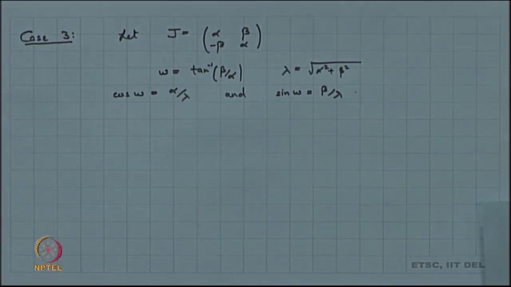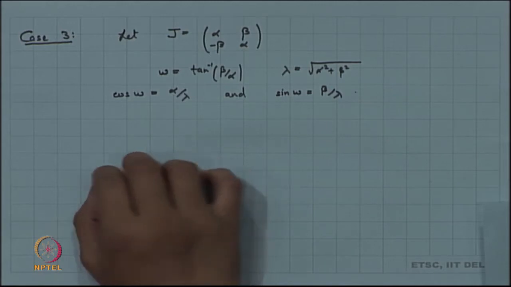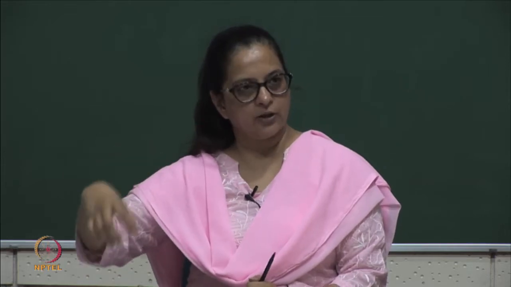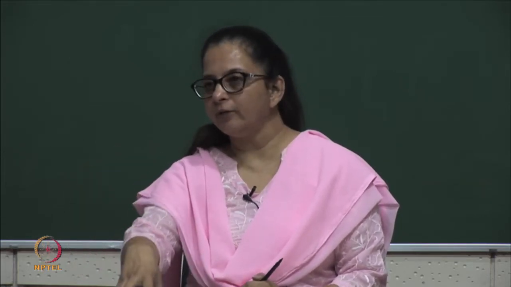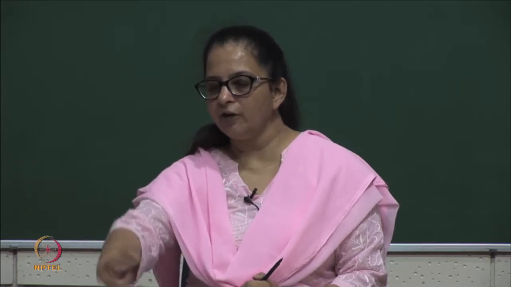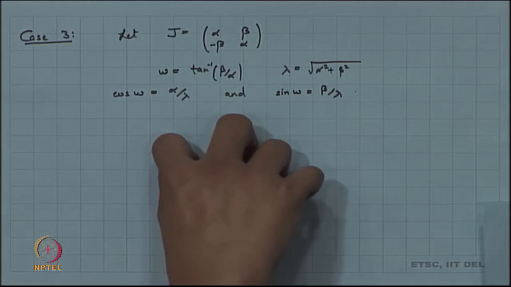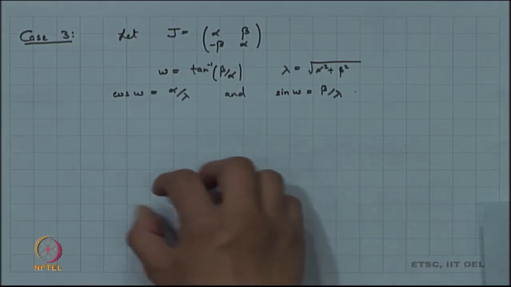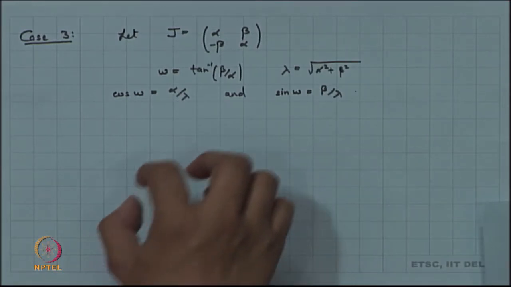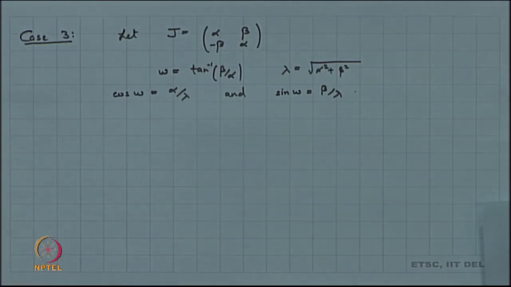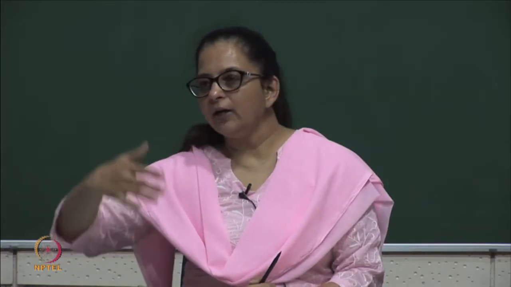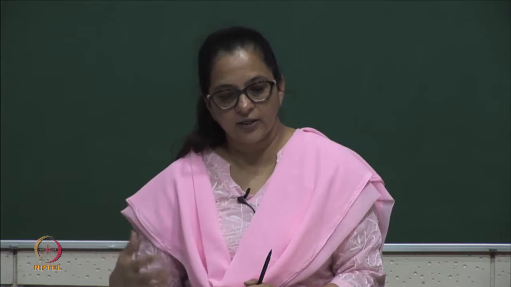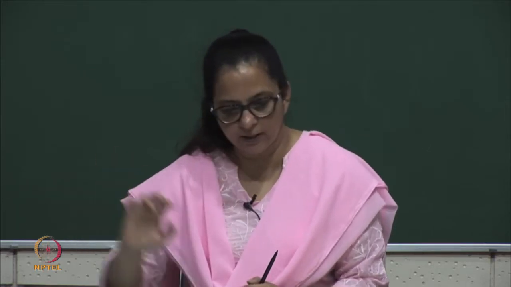So, if we try to look into any orbit here, say you start with an x, the orbit would be of the form Jx, J square x, J cube x and so on. And in trying to compute J to the power n, we had seen that we convert alpha and beta into omega and lambda, and that J^n can be computed in terms of cos and sin. So, when we take the orbit of any point, the orbit will have a presence of cos n omega and sin n omega. So, cos omega and sin omega definitely are present there.